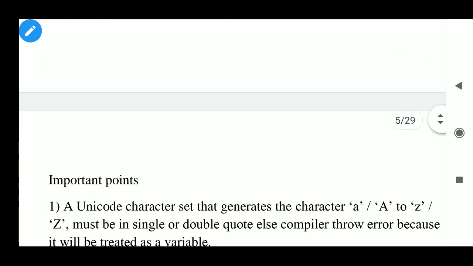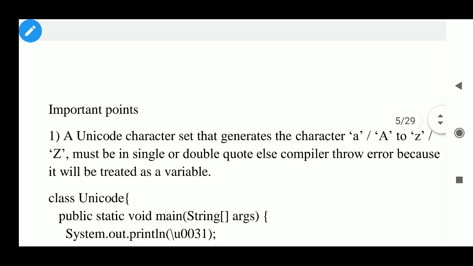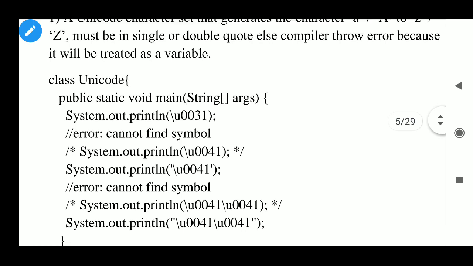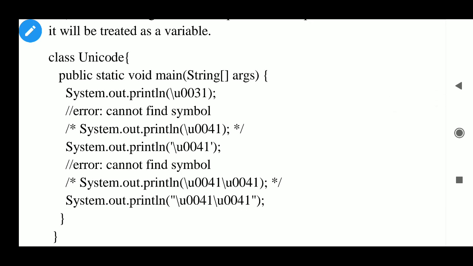Now important points about Unicode. A Unicode character set that generates the characters A to Z must be in single or double quotes, else the compiler throws an error because it will be treated as a variable. So public static void main, System.out.println U0031, error: cannot find symbol. Okay, yes.